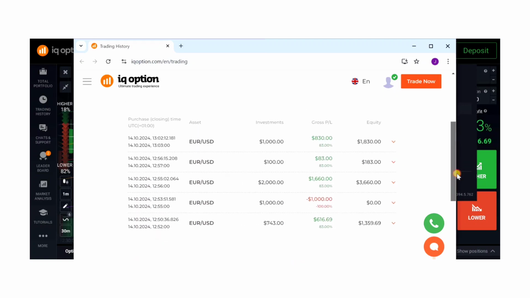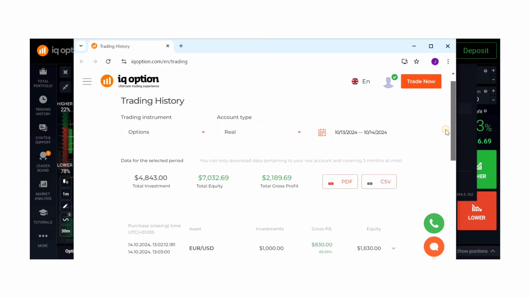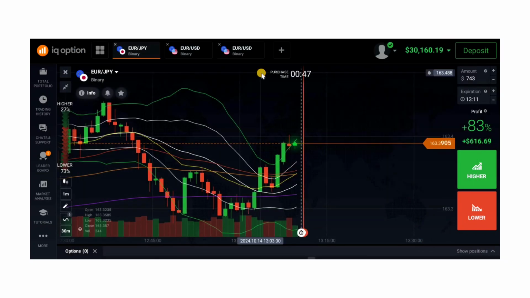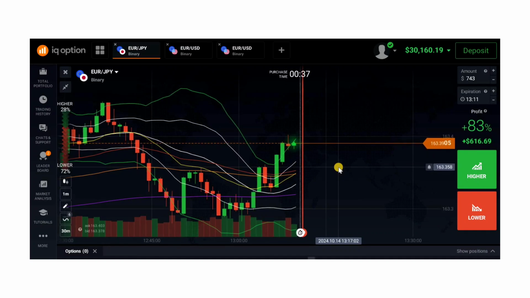Okay, so as you can see, these were past trades that I did today. These were the trades that I made today, and this was the total trade, and this was my gross, the 2,000 I did. After I spent 7,000, I gained 2,000. Okay, so that will be all for today. I just needed you to understand how the platform works, as it is a very good platform, so that when we start our Telegram channel, this is what we'll be using. So until next time, I need you to take care and bye bye.